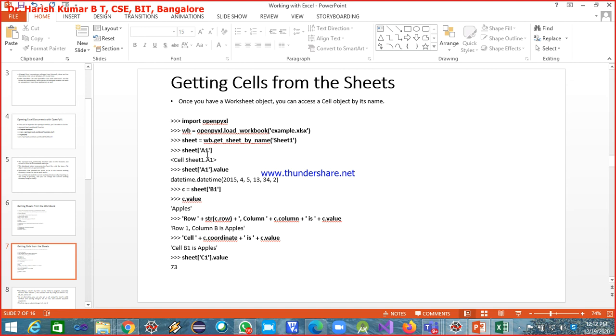Now if I'm interested in getting the value which is present inside the cell A1, sheet of A1 dot value. Okay, so it gives you the value that is present inside the cell A1. Okay, and similarly if you are interested in assigning the value of a particular cell, you can also do it like this: sheet dot b1 is equal to c, and when I say c dot value, you can see its value is printed.